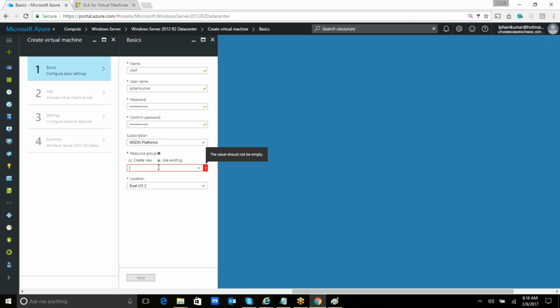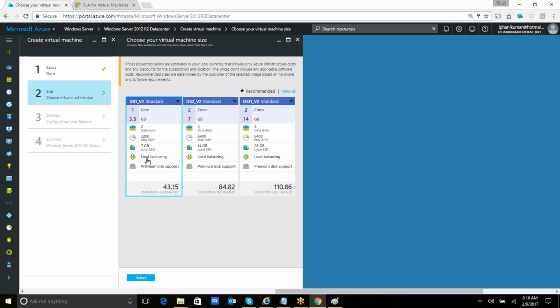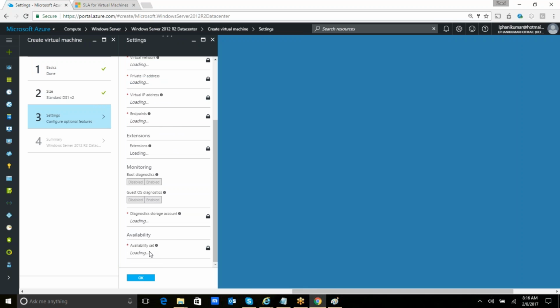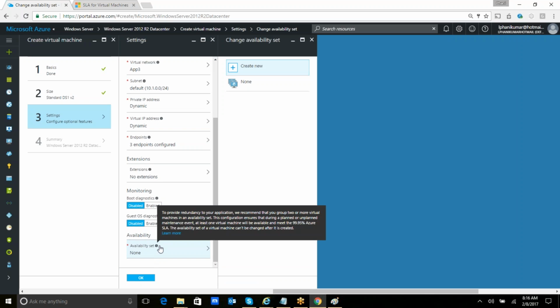I don't create one more resource group, I use the existing resource group, app3, because they are related to each other, and East US 2. Choose the virtual machine size. So it should be equal. In the optional features, go to the availability set. Instead of creating one more availability set,